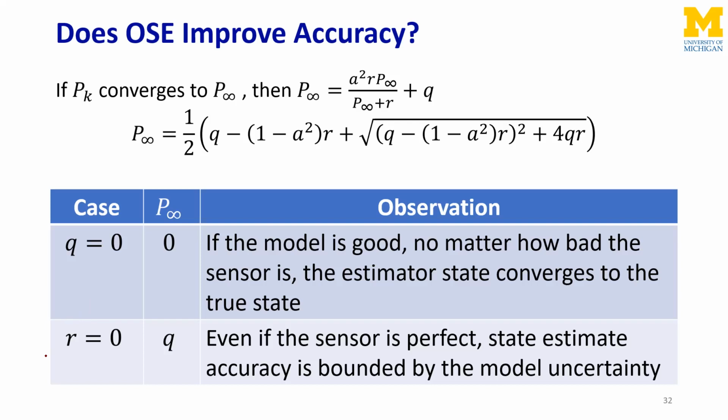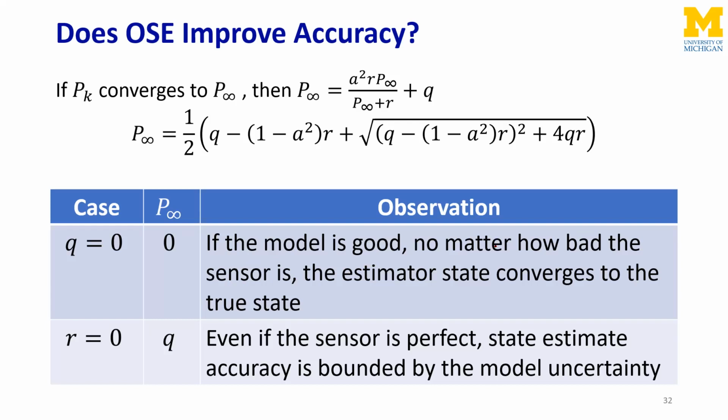Okay, we can also see the effect of the process and measurement noise. So let's assume that the measurement noise is 0. In this case, if measurement noise R is 0, then this gives you 0, this gives you 0, and then you have Q plus Q divided by 2, which means that P infinity is Q, which means that even if you have a perfect sensor, which means R equals 0, the state estimate accuracy is bounded